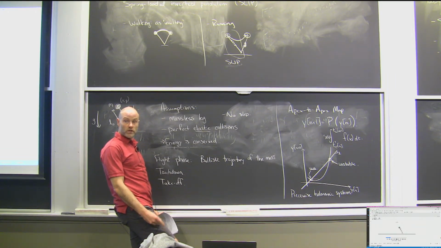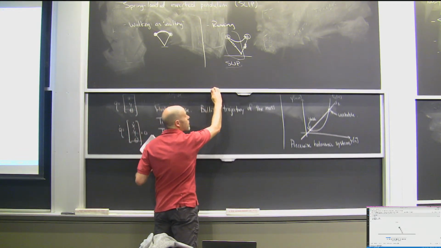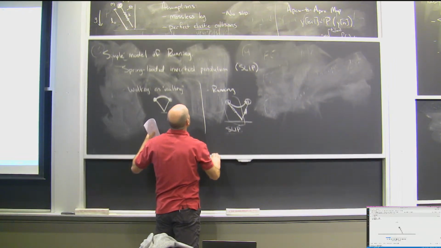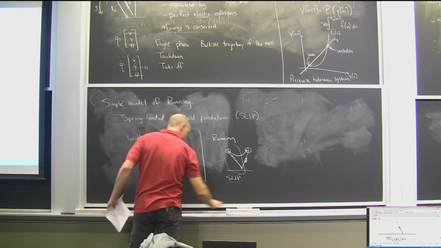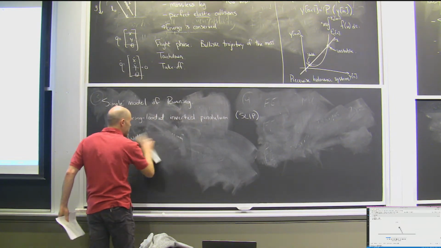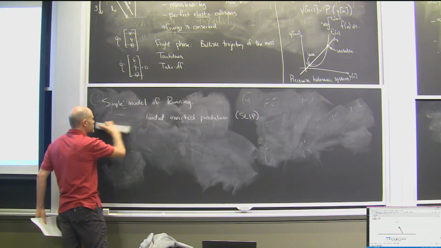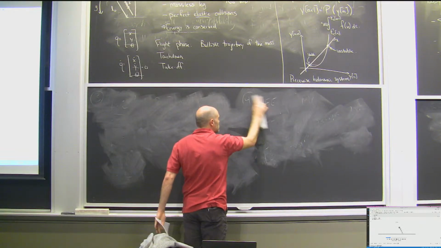So the control decision is the touchdown angle of the leg. And our job is going to be to design that touchdown angle in order to achieve some sort of control